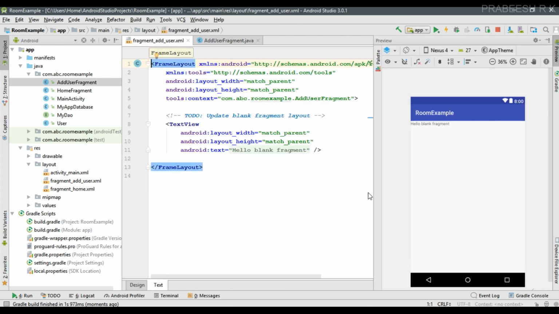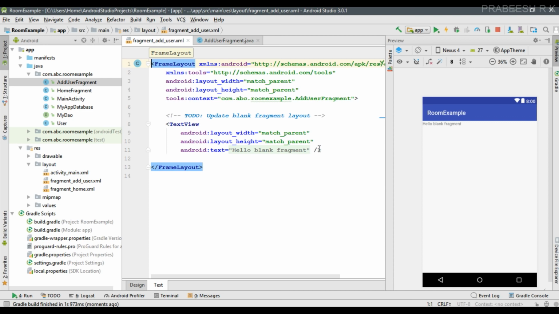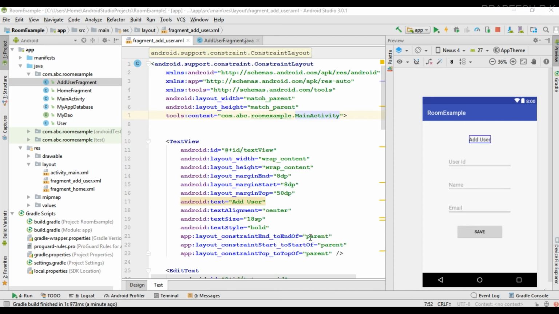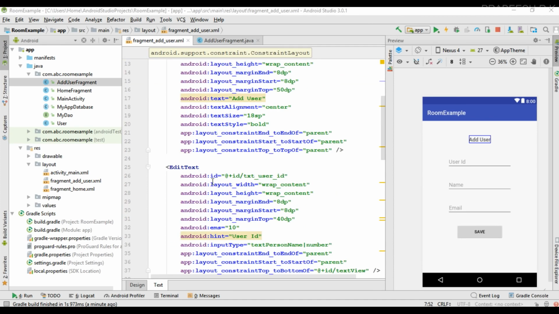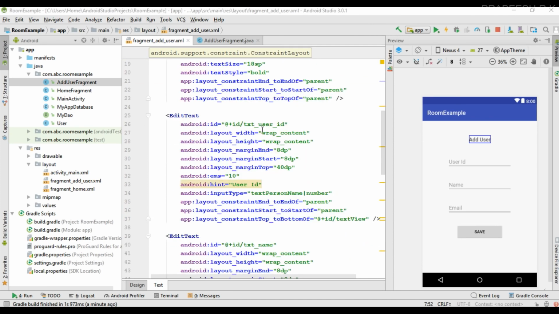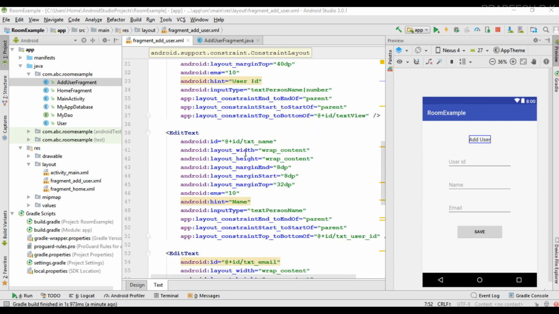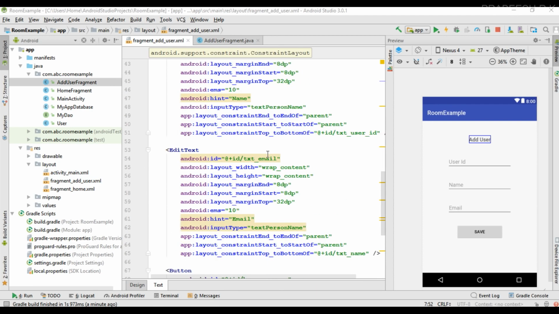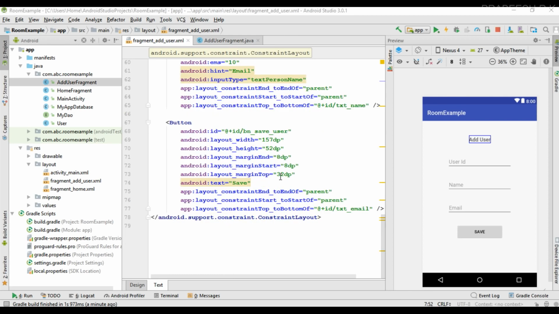Now here I am going to add the user interface for adding the information of the user to the database. So here I add the needed user interface for adding a new user to the database. Here I add 3 EditTexts: user ID, name and email, and here we have a save button. So this is the first EditText, user ID with the ID txt_user_id. This is for name, txt_name, this is for email, txt_email, and we have a button with ID